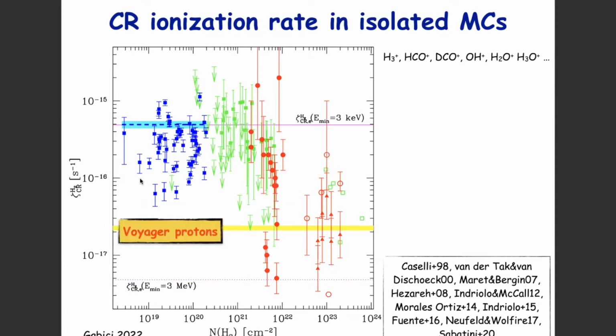And then if you take the local spectrum of cosmic rays measured by Voyager, and you just compute protons, and you compute which ionization rate you would expect, you have this. So it's not very good. If you do the same for electrons, only the electrons that we observe, so you integrate above 3 MeV, the lowest energy point in Voyager, you get this. But you remember, the flux of electrons is not well constrained. It is very steep. So if you extrapolate down to low energies,